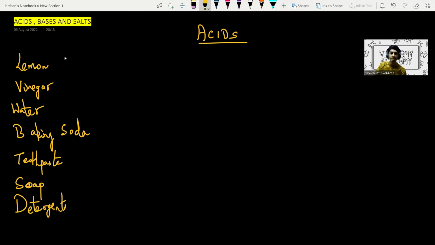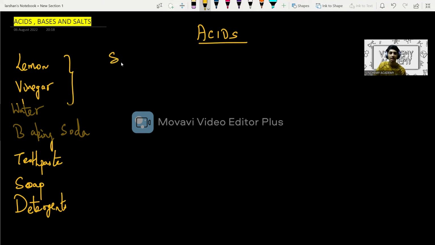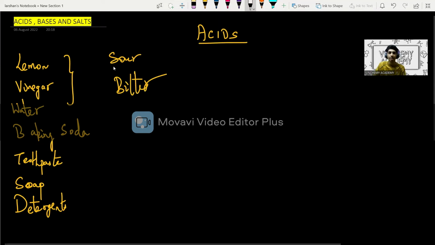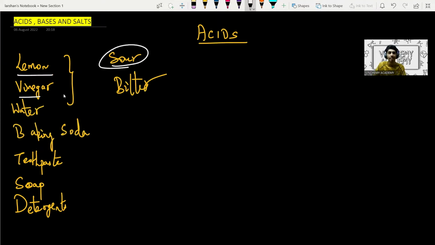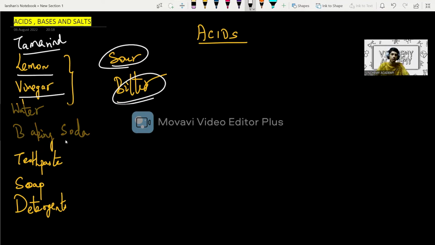But if you see the many substances which you taste, some of them are sour and some are bitter, right? For example, the sour substances are lemon, vinegar, tamarind. All these are sour. Whereas there are some substances which are bitter also, like baking soda, toothpaste. Toothpaste, if you have tasted, you'll see that it's bitter. Soap,